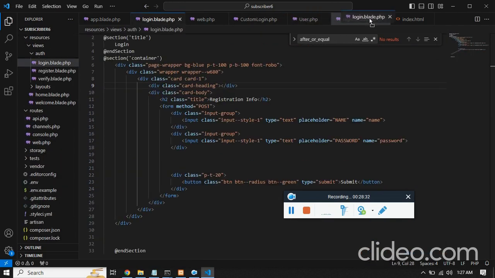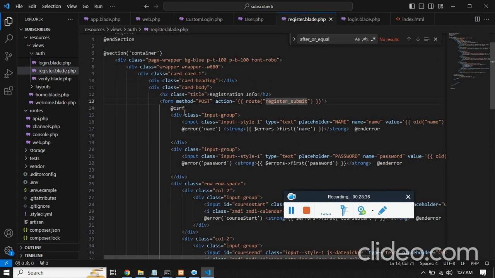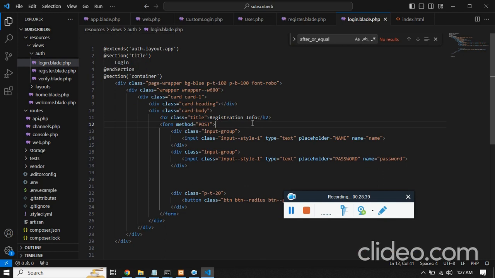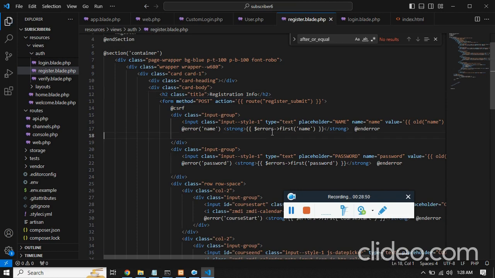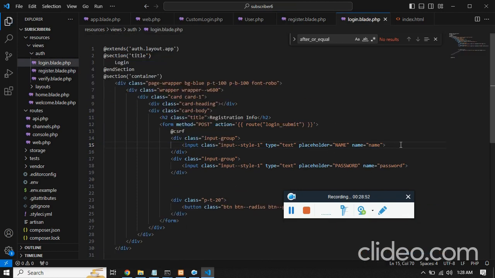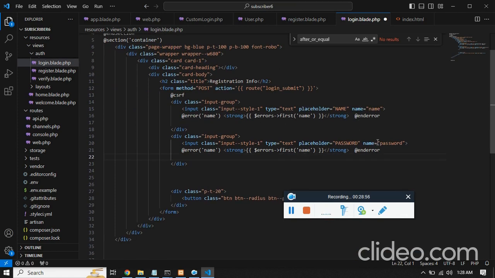So let me just do this. Here in the action again, we need to copy the same. It should be post. Here we need to change the name route. Remember, you have created a login submit already, and for the errors, this is for name and this is for password. Don't forget to change the name attribute, or else you won't get the error as expected. Now in the